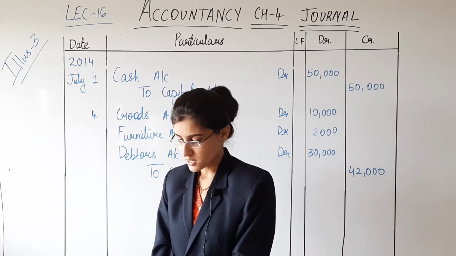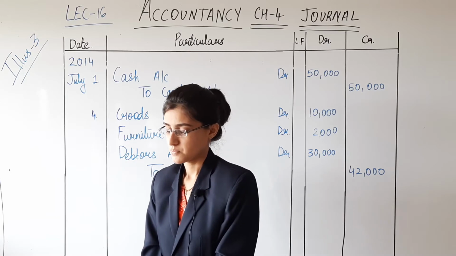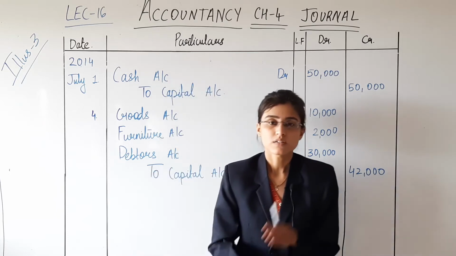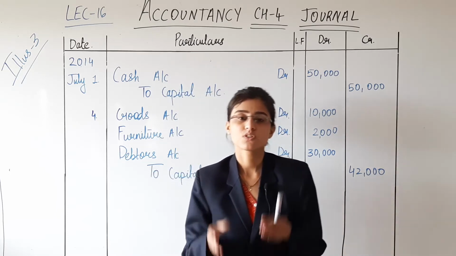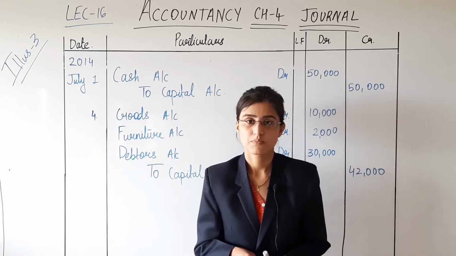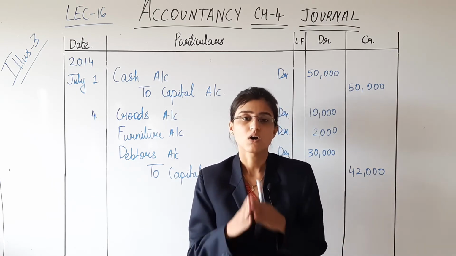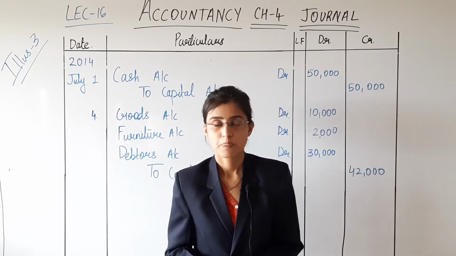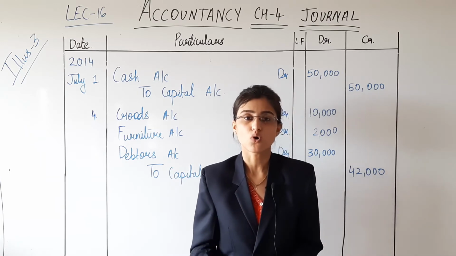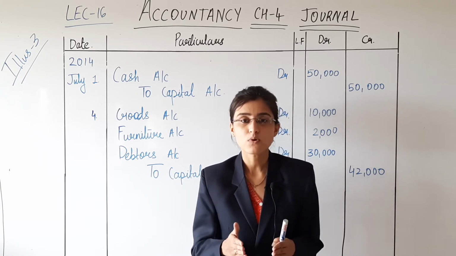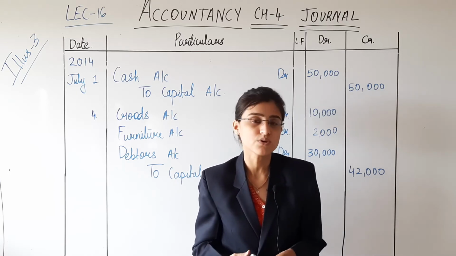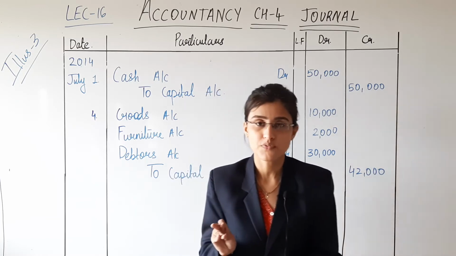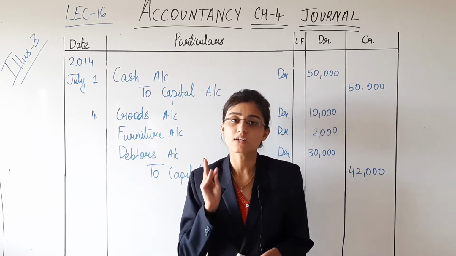Sold bike of rupees 20,000 for rupees 15,000, out of which rupees 10,000 introduced in business. That is, a bike of rupees 20,000 which is sold for rupees 15,000, and finally out of 15,000, 10,000 has been introduced in the business. We are writing down in the books of accounts of business. So we are only supposed to write down how much amount has been introduced in business. Bike was worth rupees 20,000, sold for rupees 15,000 does not matter here at all.